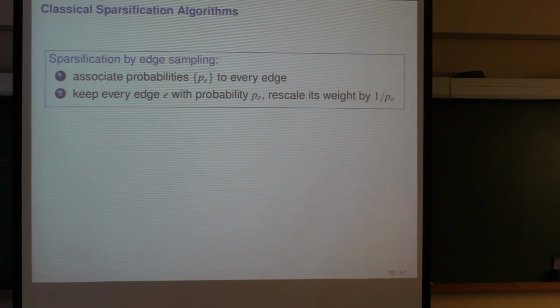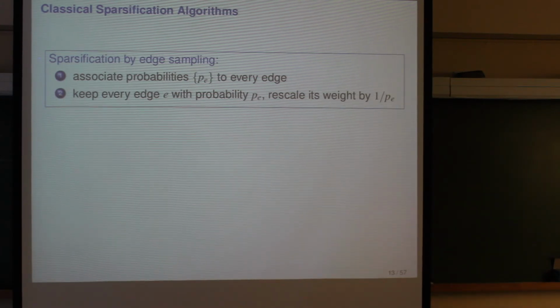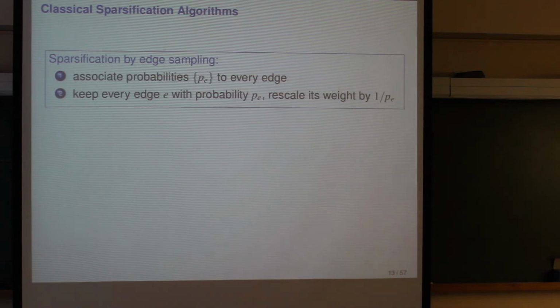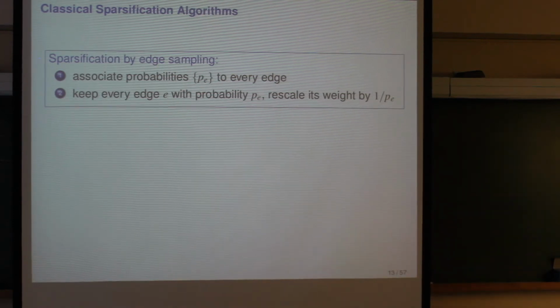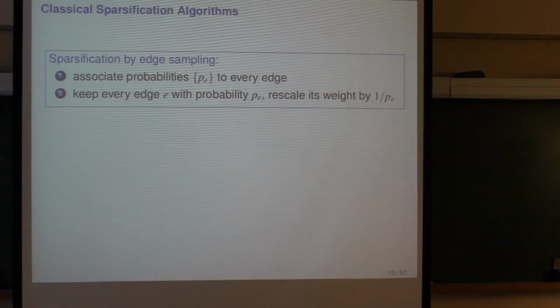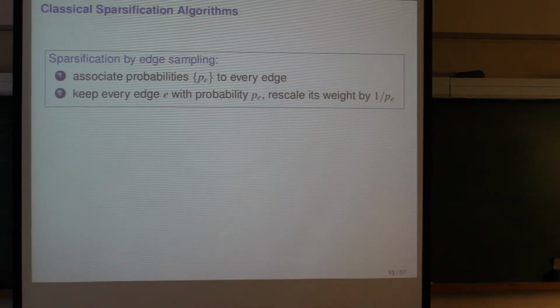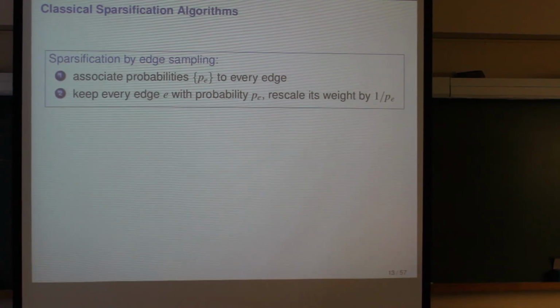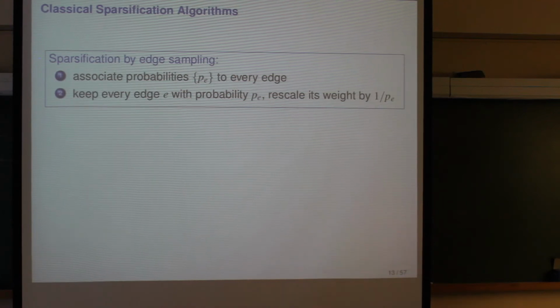So recall that you have this set of n squared, or m, edges. Classically, you associate a certain probability to every edge, which you can think of as an independent random variable for every edge. So these PEs don't sum to 1. You can basically associate probability 1 to every edge, which would not be very useful, because in step 2 you keep every edge with probability PE. If you choose all PEs very large, you're going to keep pretty much all edges. This is not very useful, but you do preserve the structure and quantities of the original graph.